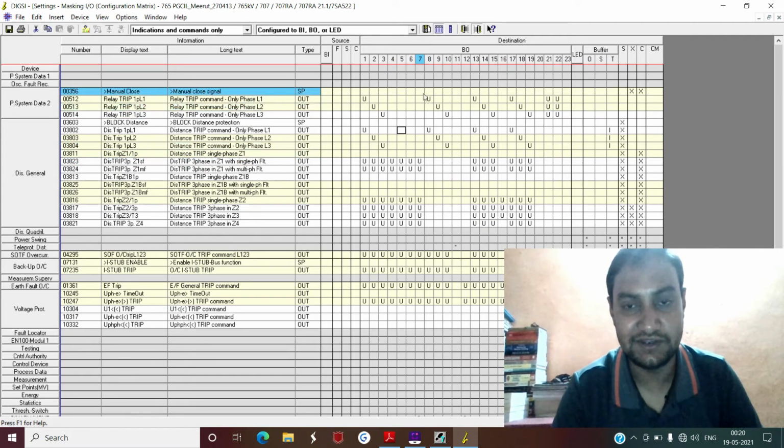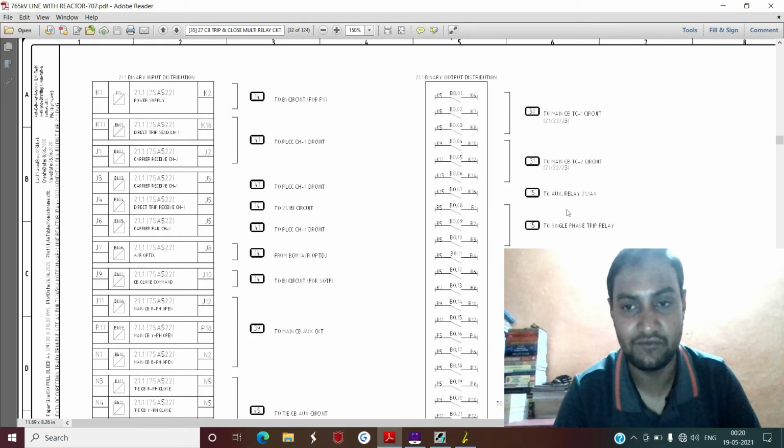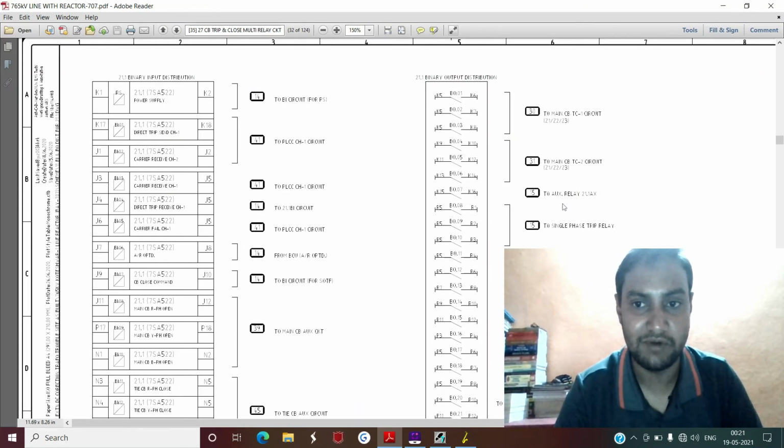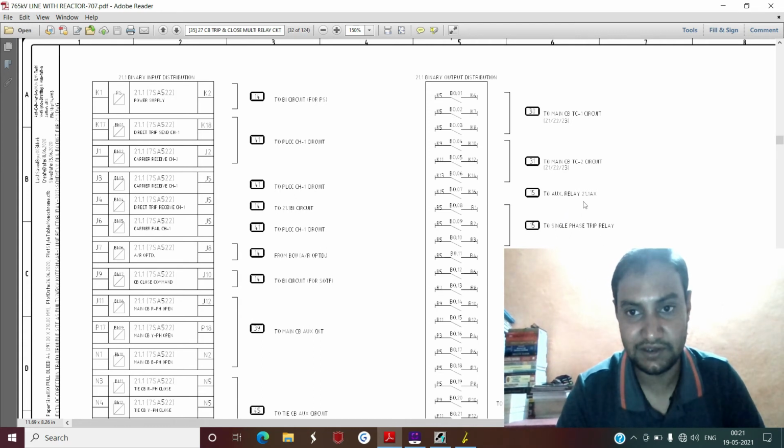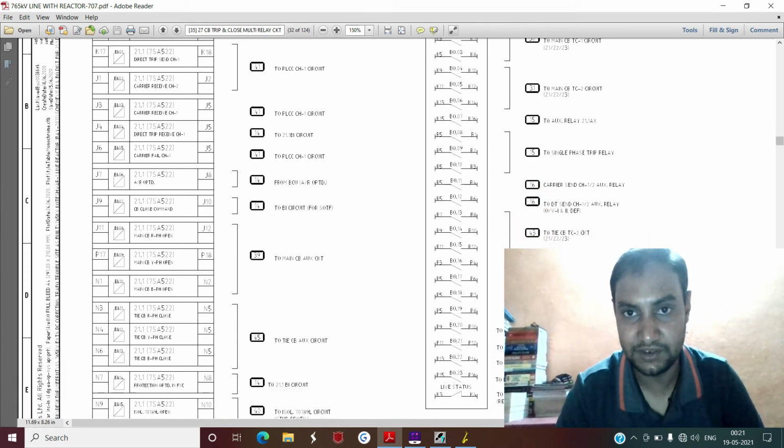Now again, if you see 7, 8, 9 and the next, this 7, 8, 9 is for auxiliary relay 21.1 AX, and for which purpose is this auxiliary relay used? So just go to page number 15.